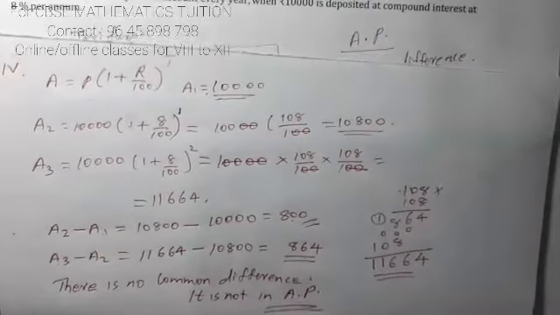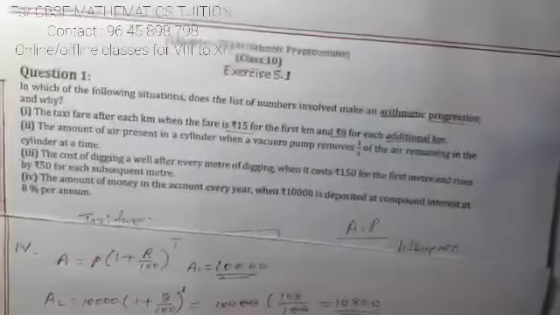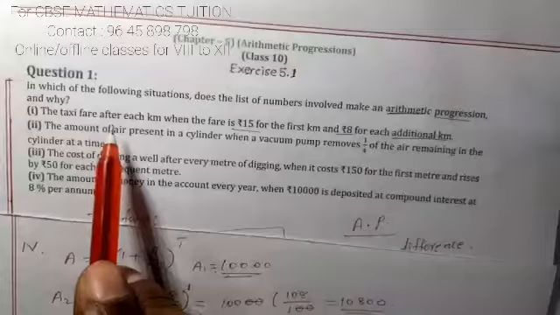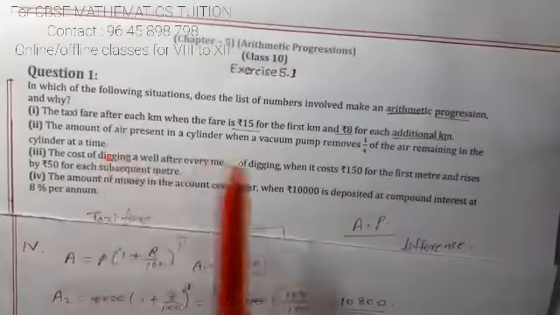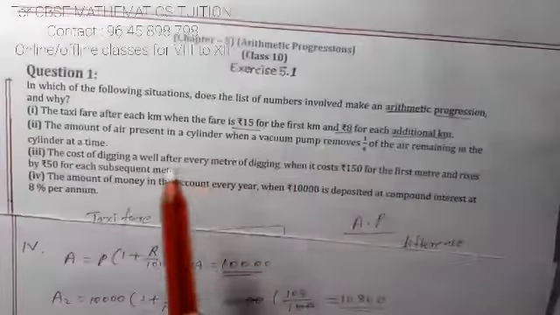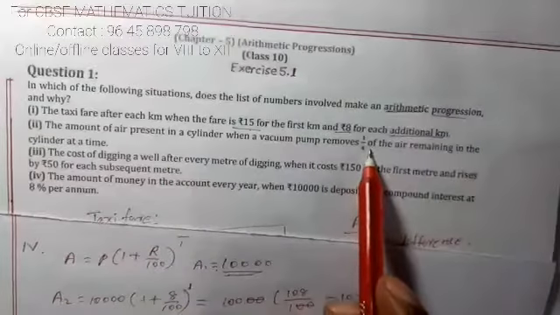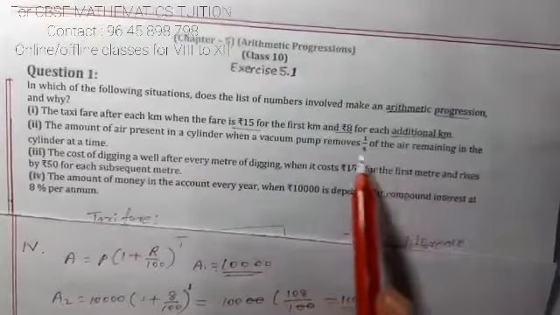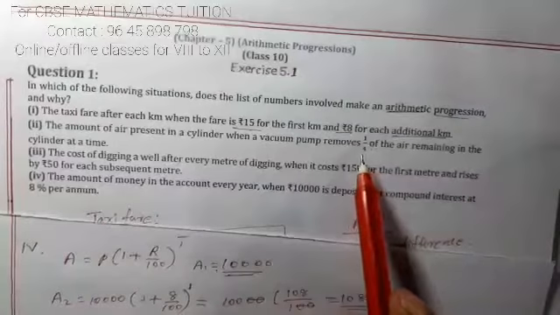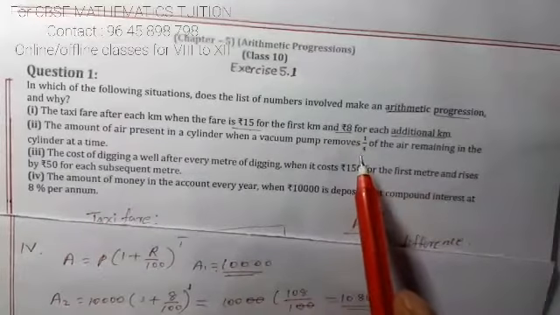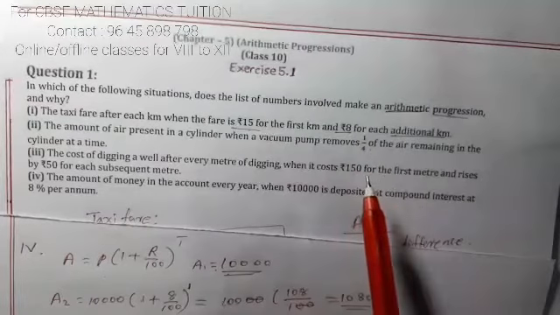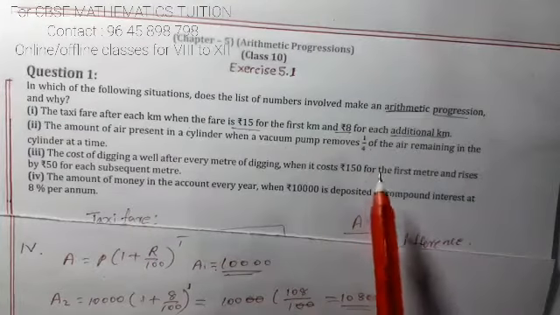So I think we are able to identify the sentences. Here 4 sentences were given. The first one is related to taxi fare. There was a common difference of 8. The second case was removing 1/4 off. Off means multiplication. So everywhere, multiply means not subtracting 1/4, but 1/4 into what we get, that we subtract. So it is not equal. The difference was not common.